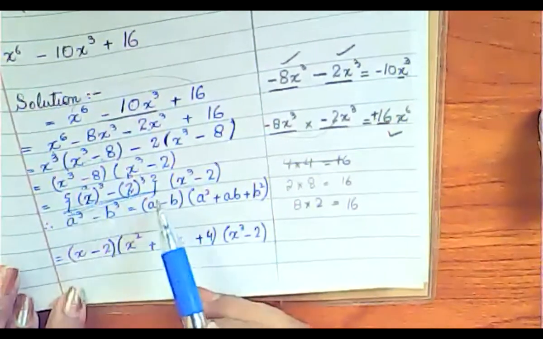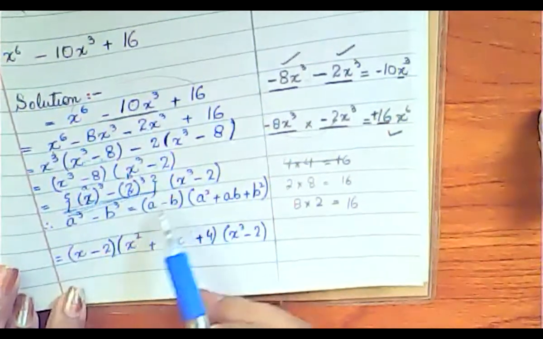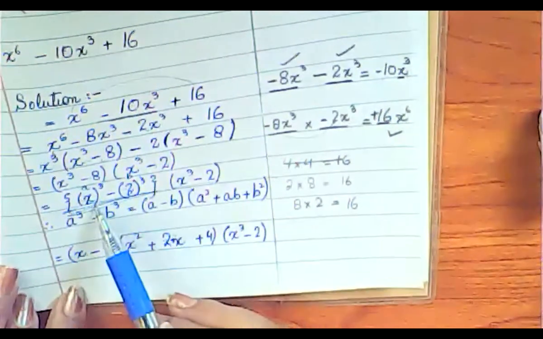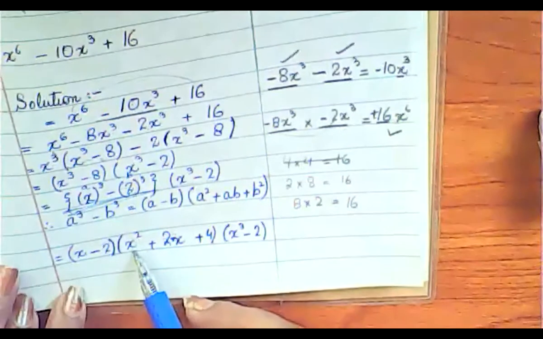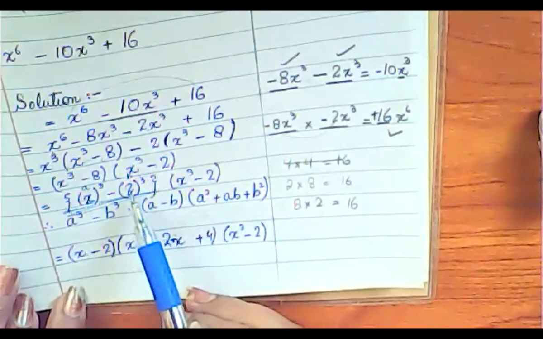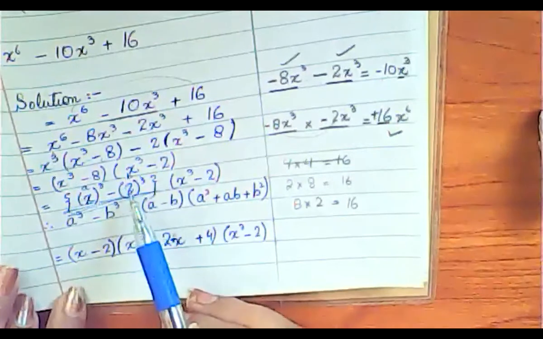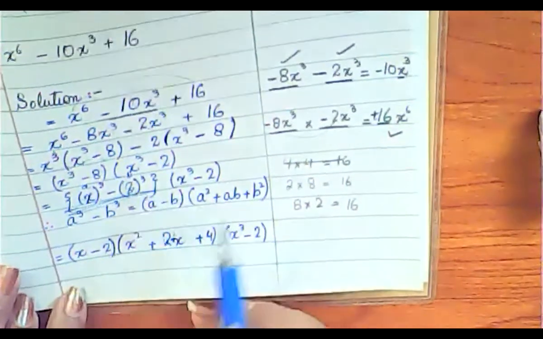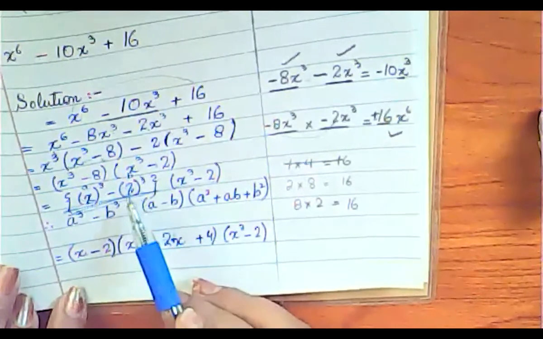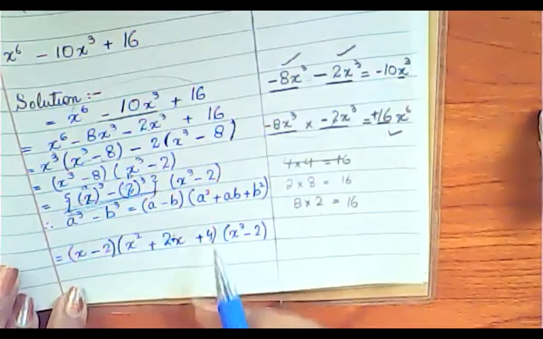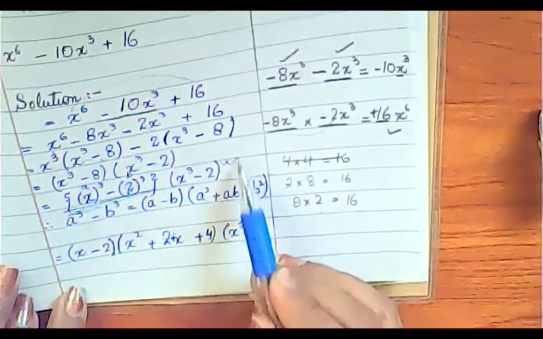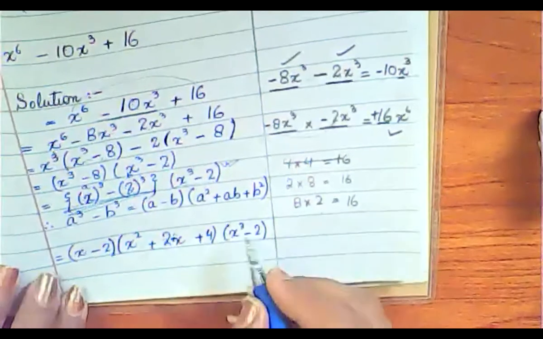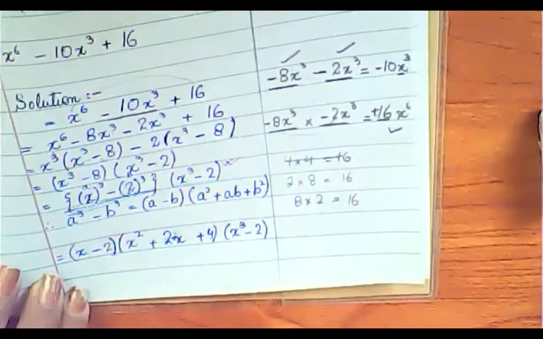So a is x and b is 2. So a minus b, you will simply write x minus 2. Then a square, so you have to take the square of a, which is x square. Then ab, so simply you will write 2x here. And then you have to take the square of term b. Term b here is this 2, and the square of 2 will be 4. And then for the last term you are not going to apply any formula, you will copy it down as it is, which is x cube minus 2.